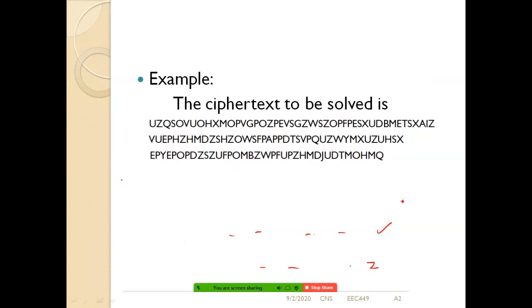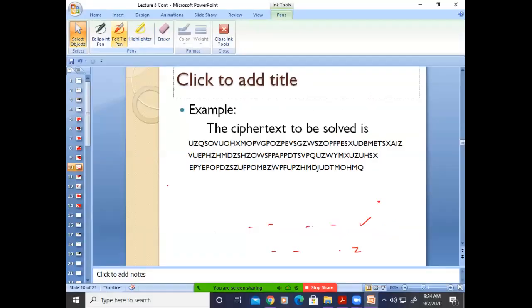ZW, PF. Now see here, this is ZW. This is ZW, ZH, ZW, ZH. So we can say ZW is here because it's already there. ZW, then ZW. So this is repeated 3 times. Yes or no? Yes, ZW.